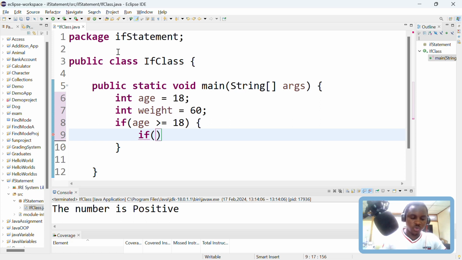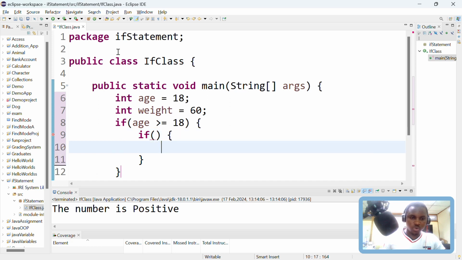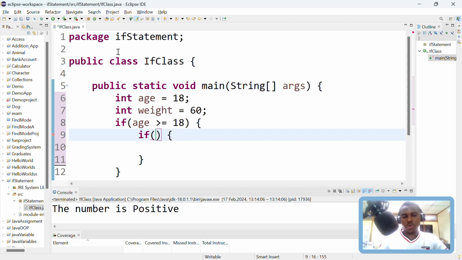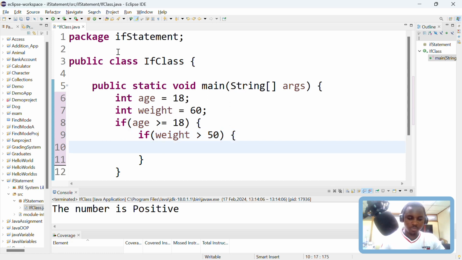So what I'm going to do, normally you need to put all these blocks before writing anything, so that you don't get confused when you want to open and close these blocks. So I want to check if the weight as well is greater than 50, just like that. So here I can print that